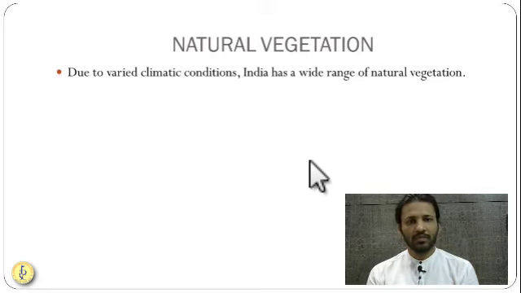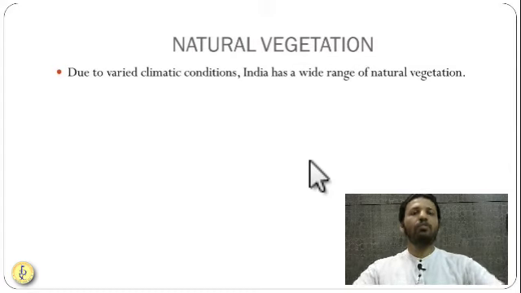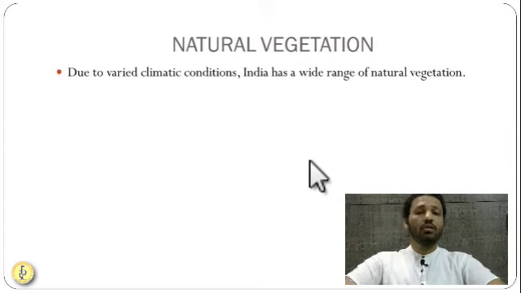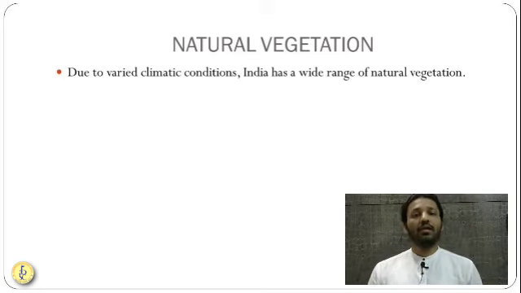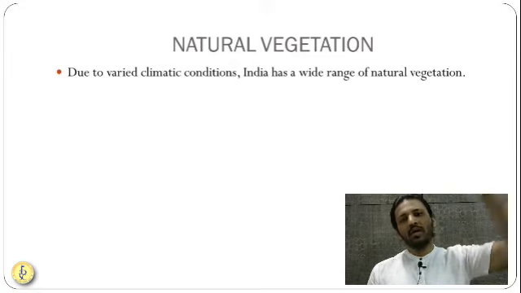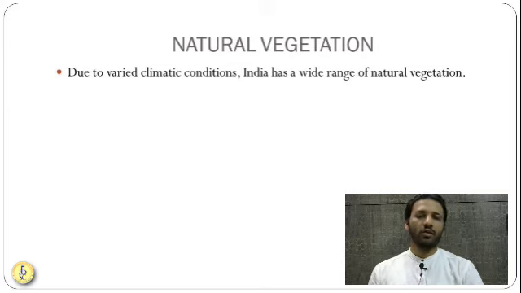So for example, in the climates of the Himalayan region, you will have rainfall and snowfall, and the climate is not very hot. So here, the trees in the Himalayan region are softwood trees. Also, climate varies according to the altitude in the case of the Himalayas. As the altitude changes, the type of natural vegetation also changes.